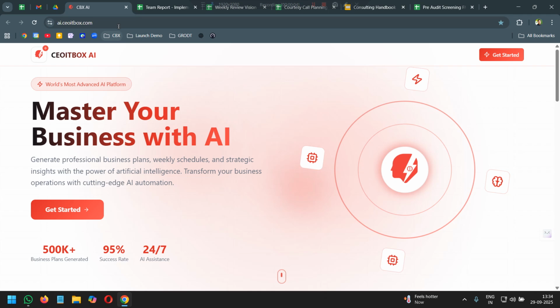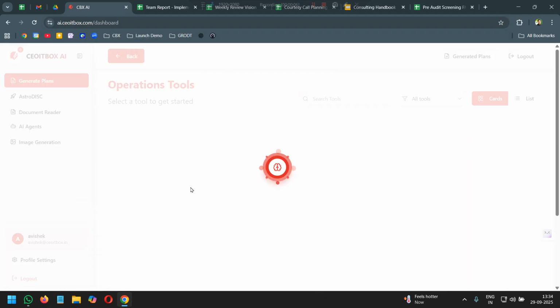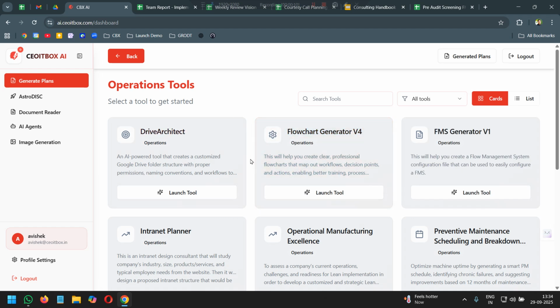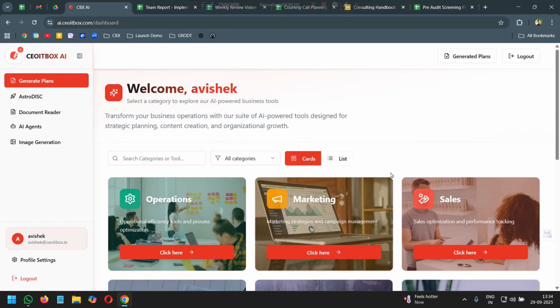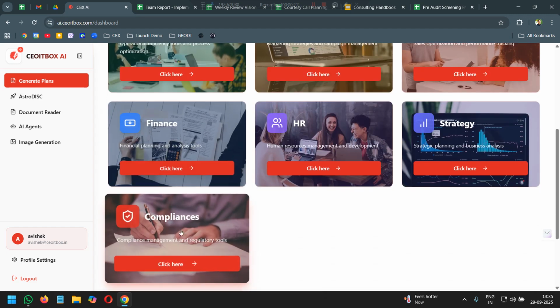To use the ai.coitbox.com, you must first, of course, click on this link. Click on get started. Typically, you will get an OTP in your email or WhatsApp. You need to fill the OTP in, and you would get to this particular home page where you have